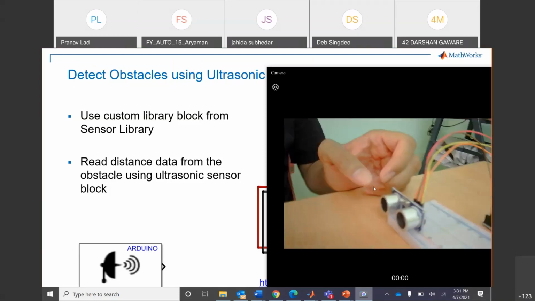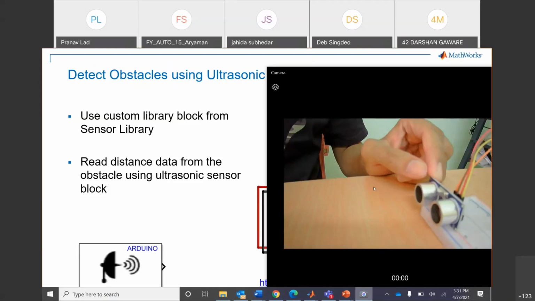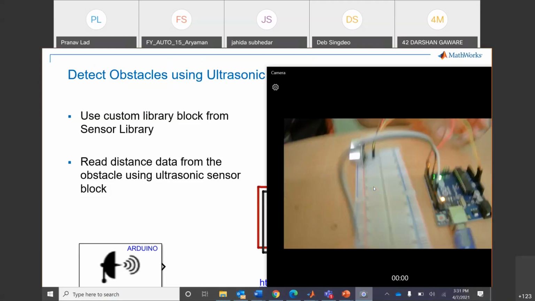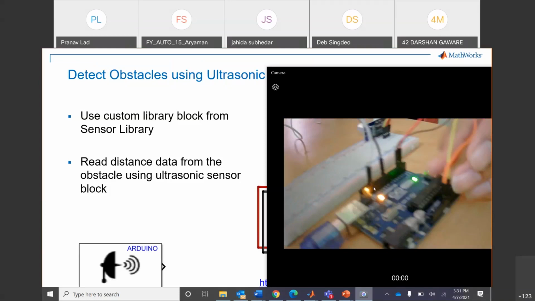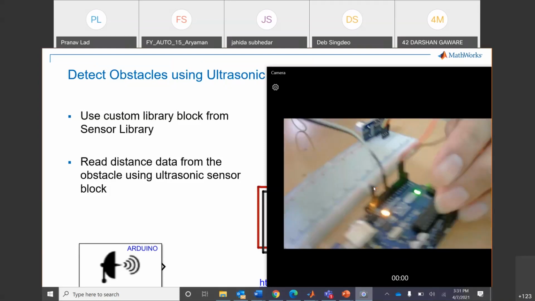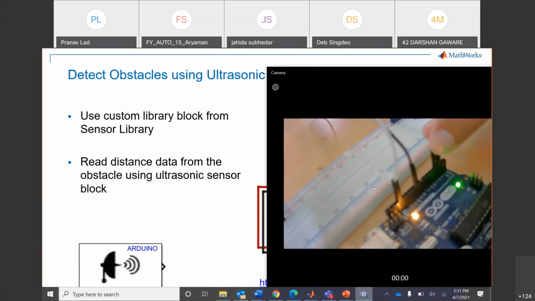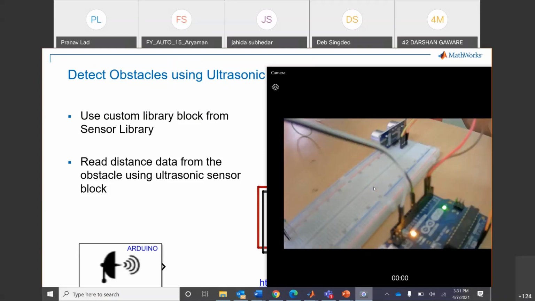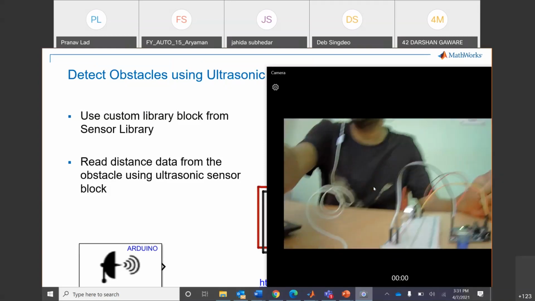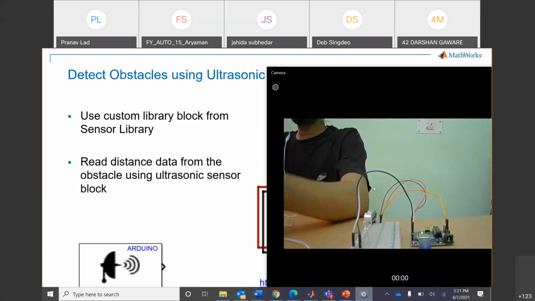This is the ultrasonic sensor that I have. These are the 4 wires, just like we saw here: 5 volt and ground, and pin numbers 2 and 3 where I have connected the trigger and echo pins. So this is the ultrasonic sensor we have connected.